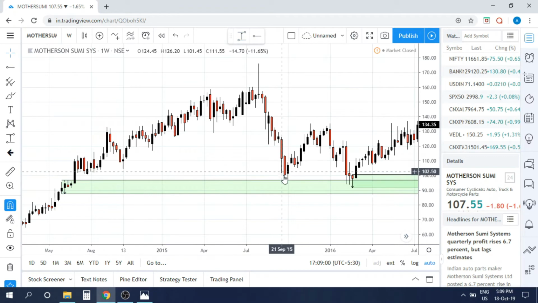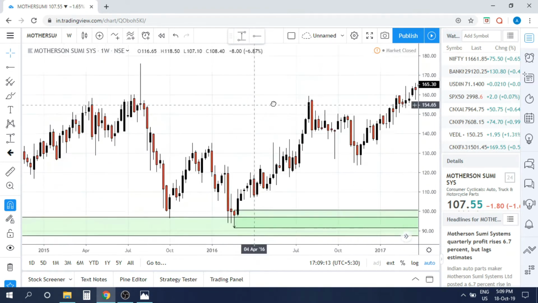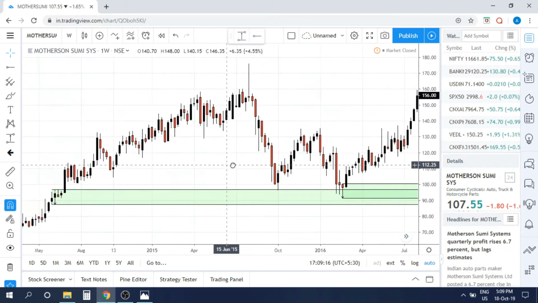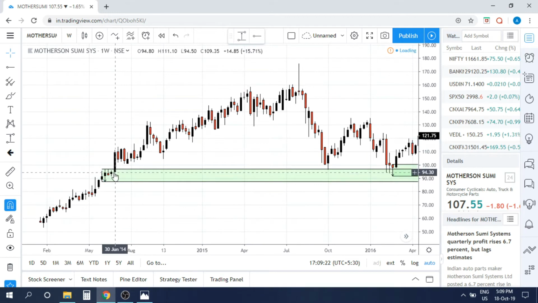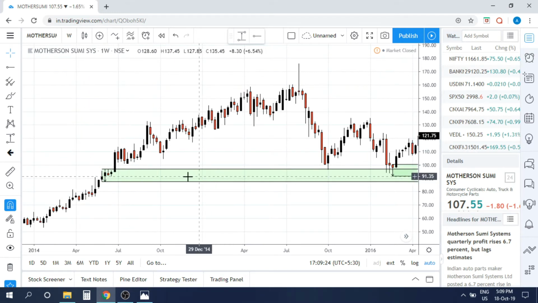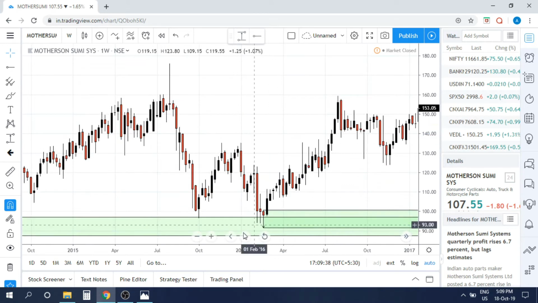This rally-base-rally. If you see, the first touch itself gave a good reaction, price came down. Oops, sorry. And again from here, the buy orders were unleashed by institutions, and they started buying the stock. This was back in 2016. So this demand zone, which was still there, always had a chance of having more buy order flows coming from deep inside the zone, which was a first touch, second dip, but not eliminated yet. So there was a chance of more buy orders sitting here, a buy order flow coming from here,